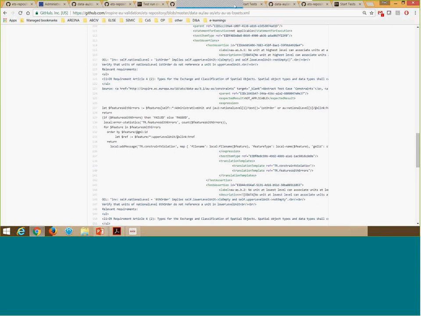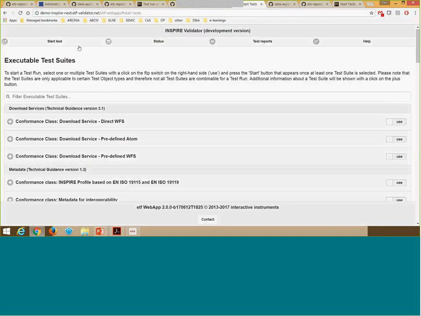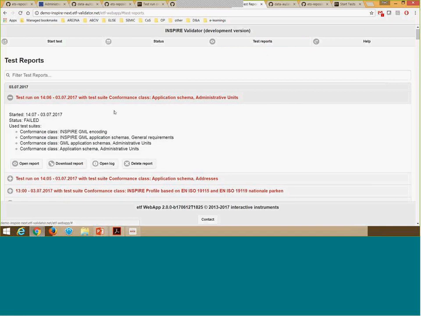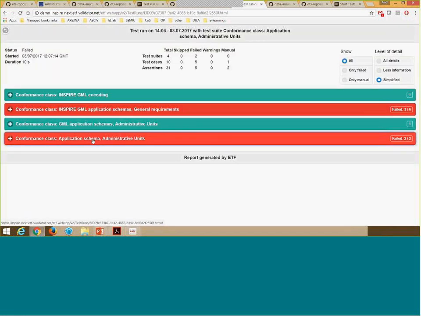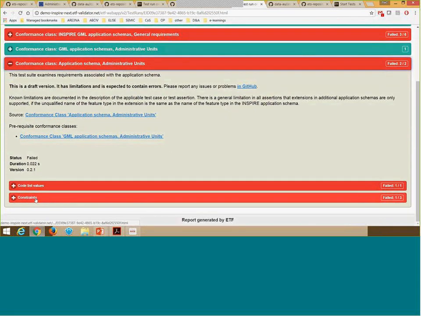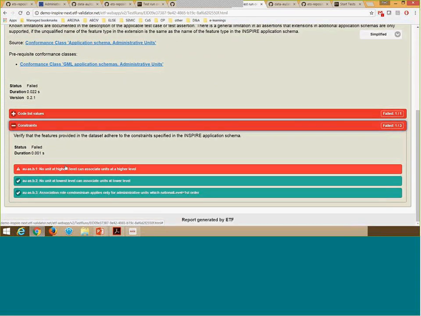Questions? Let's first show you also the output in the validator. So it's also a test in the application schema, so I can just go in there to the test reports that are already generated, the one that we just ran together before. Again, I will open the application schema, and now I will look into the constraints.